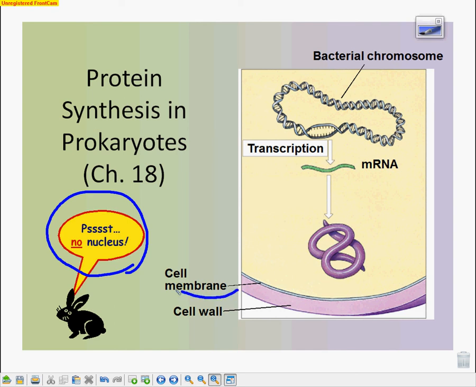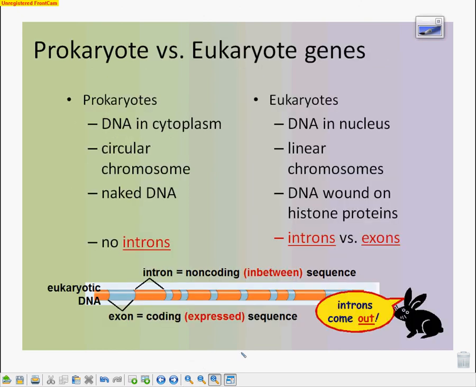Well, you got it. Right inside the cell membrane. The only thing that you've got holding in here is cytoplasm, and that's exactly where this is going to happen. So let's just look at a little difference between prokaryotic and eukaryotic genes. Prokaryotes, DNA is in the cytoplasm that I just mentioned. Eukaryotes, it's in a nucleus. Prokaryotic DNA is circular, looks like this. Eukaryotic DNA is very linear,